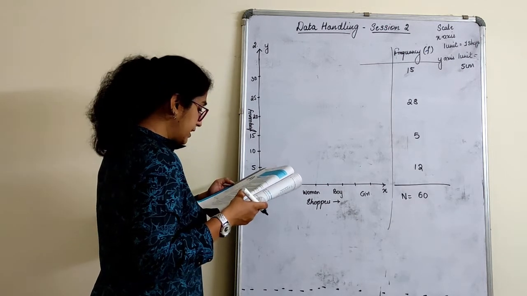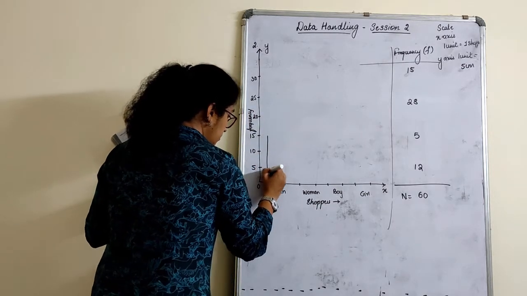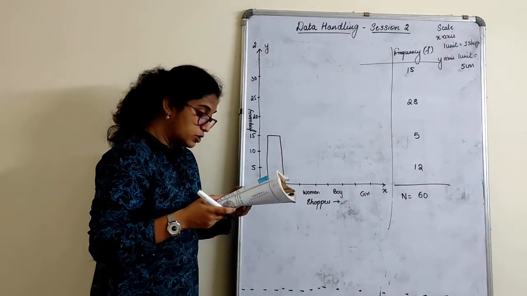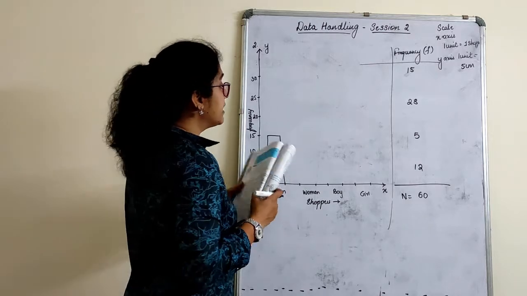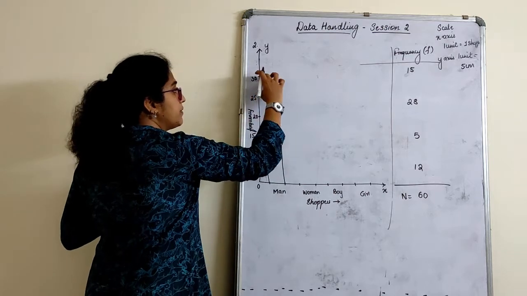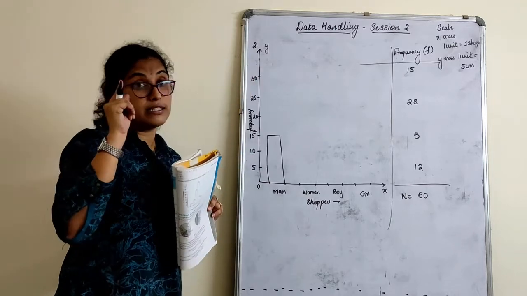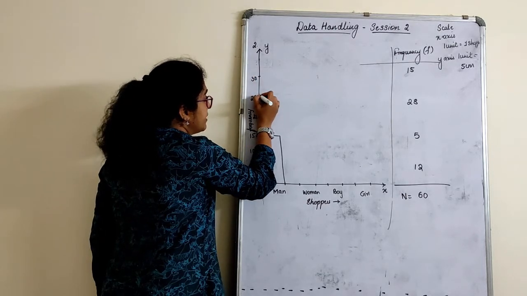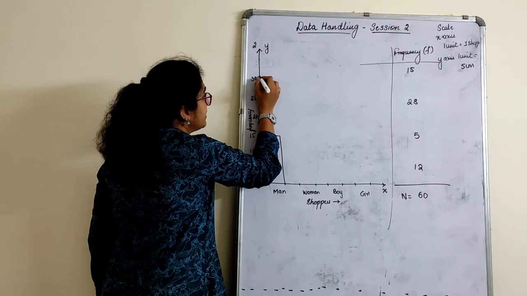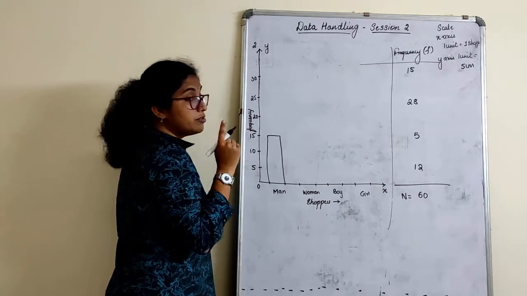So first one is man. So man, how many do we have? We have 15. So 15 comes exactly here. So we will draw a box for this, right? Next, what do we have? We have women. So women are 28. So this is 25. So 25 to 30, if you count, one box is there. 26, 27, 28, 29, 30. Two units as one you have to count. See children here. So 25, 1, 2, 3, 4, 5, 6, 7, 8, 9, 10. Okay, 10 are there here for 30 in that box. So 2 units as one you have to consider.